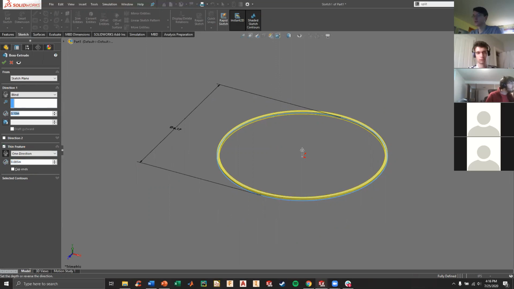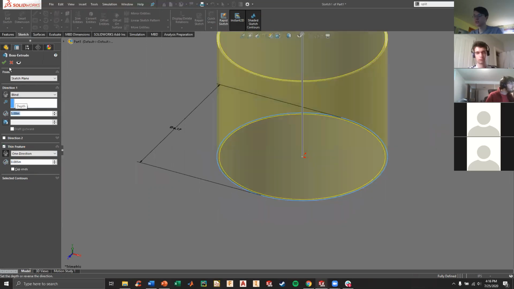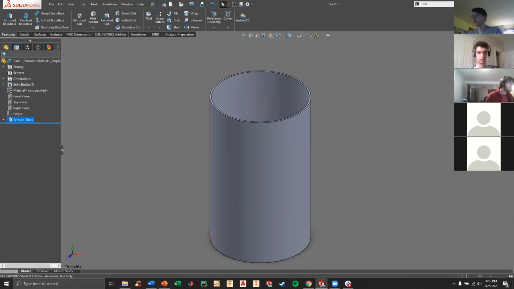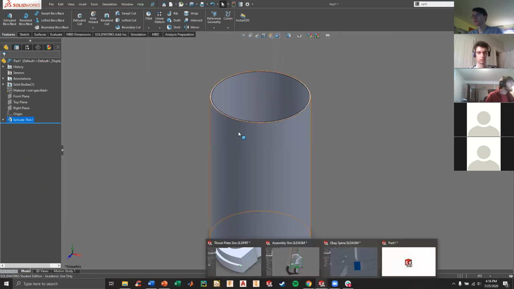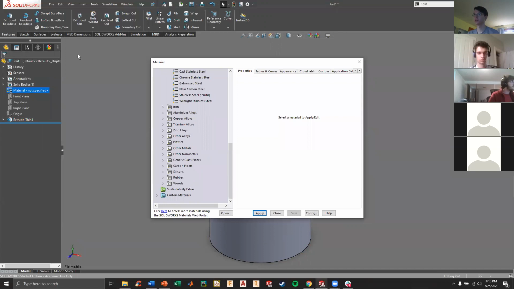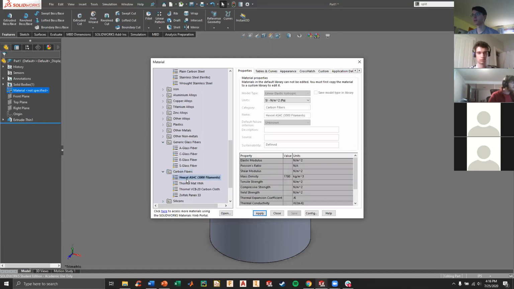Out like that, let's say 5 inches, 10 inches. So when we were doing the previous models, we meshed all of those. Well, also first of all, SolidWorks does have materials that you can set at the part level for fiberglass and carbon fibers. The issue with those is that